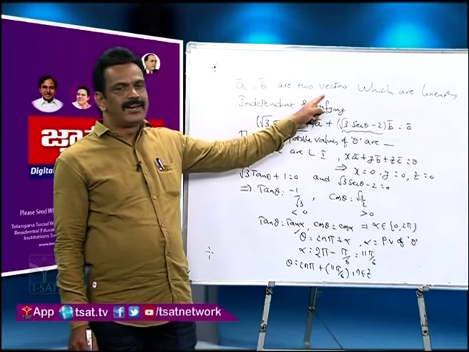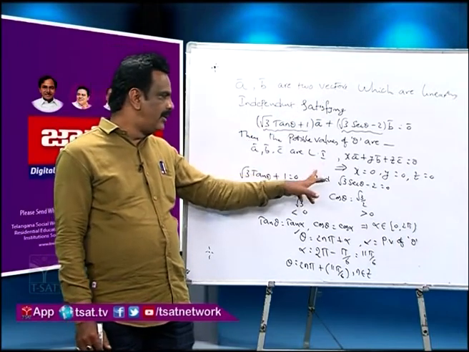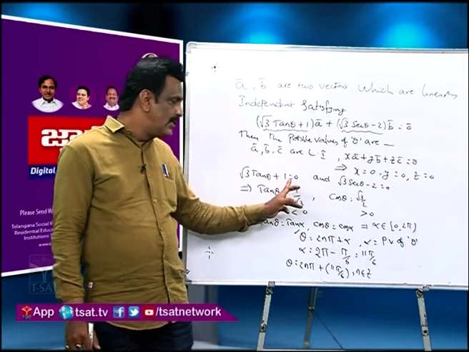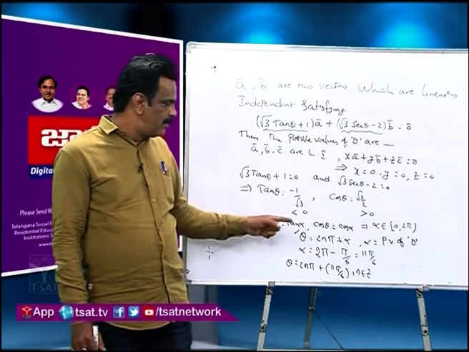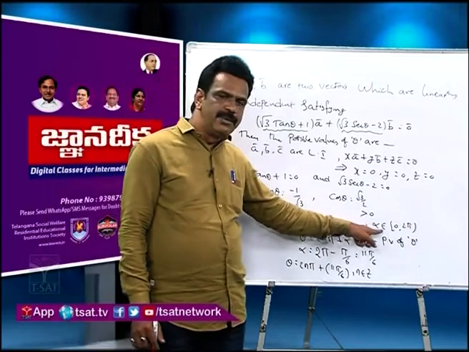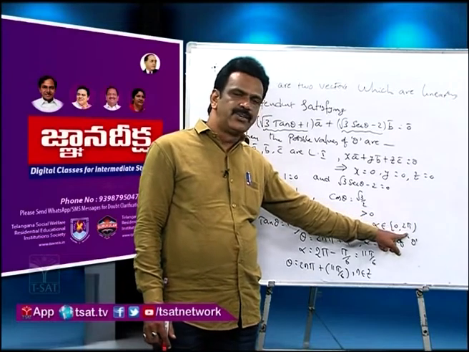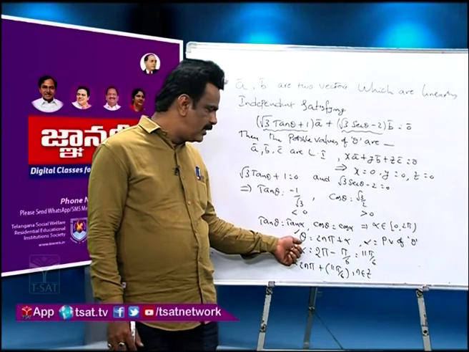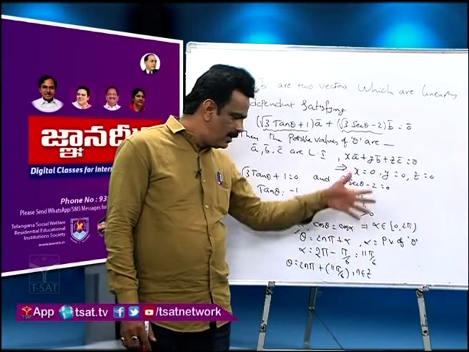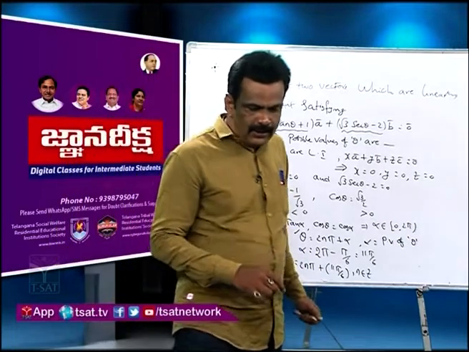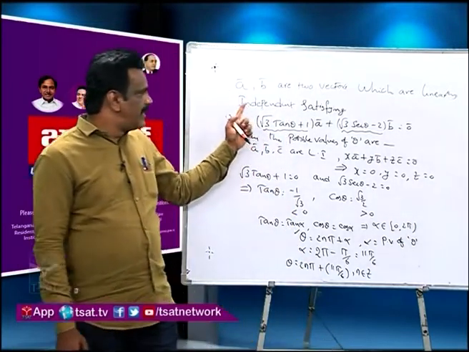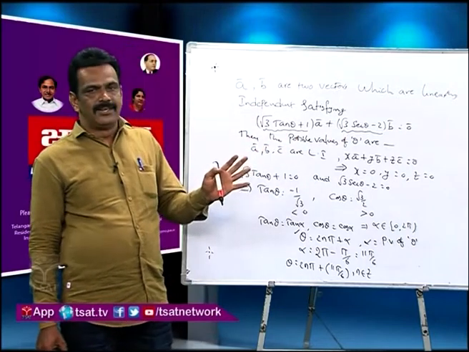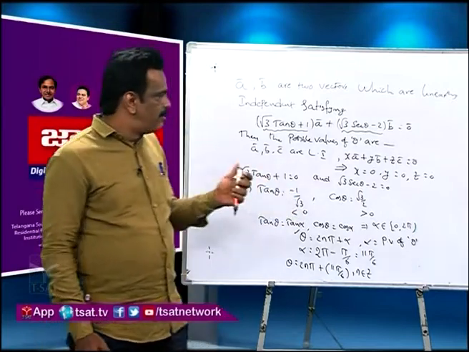Even though we are discussing a vector concept here, we came across trigonometric equations while solving two trigonometric equations simultaneously. That too simple trigonometric equations we have discussed here. You must go for the principal value first. That principal value belongs to the fourth quadrant. You must identify it first, and later we can think of the general value. General value of theta is given by 2n pi plus alpha. So in this manner we have discussed the concept of linear independence and trigonometric equations also. Like that they may ask in usual entrance examinations regarding problems in vectors.